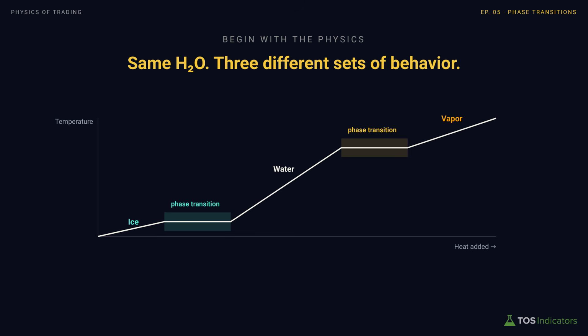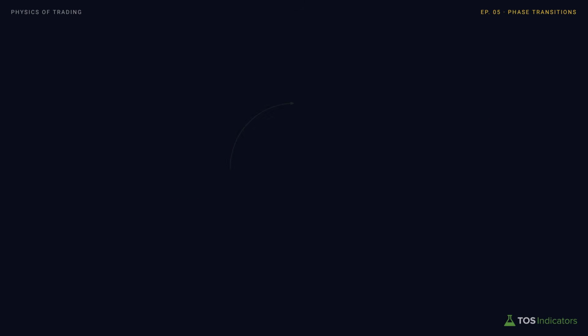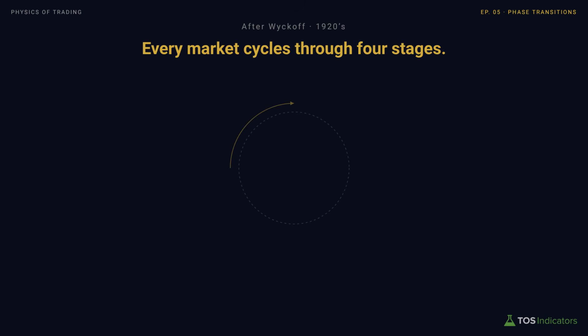Now, if you tie this back to markets, markets behave nearly exactly the same way. They sit in stable phases for extended periods of time. Then you have the transitions, and the transitions are usually sharp, not gradual. And on either side of a transition, the same strategy will produce very different outcomes. Now, there are 4 different stages that a market can cycle through. The names come from technical analysis going all the way back to the Wyckoff period in the 1920s. This is Richard Wyckoff.